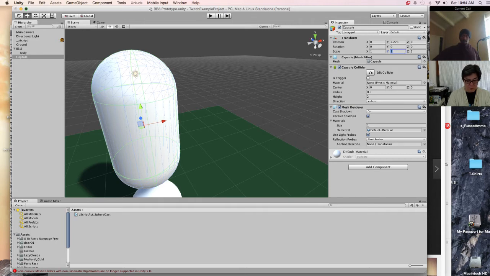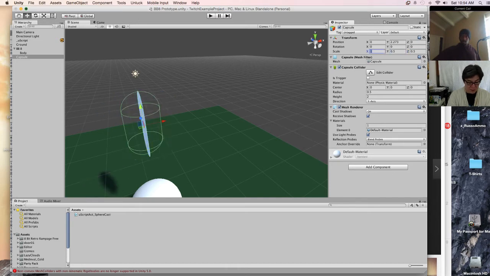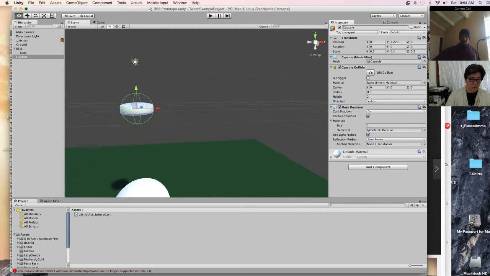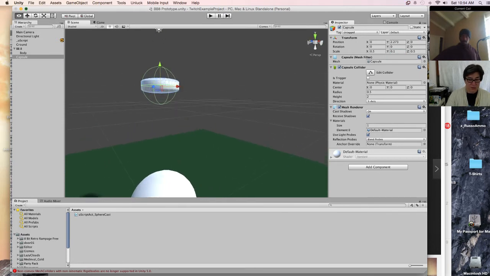And we will do 0.5, and change the radius to 0.5 as well, and we almost end up with the same thing, right? It's not exactly the same, but we're a little closer. Notice that the capsule, though, collapsed into kind of a spherish piece, right?